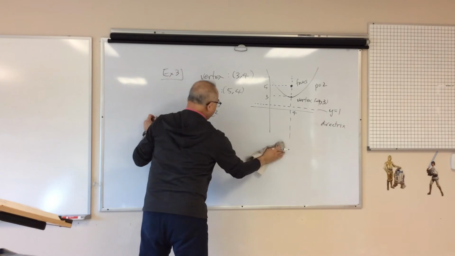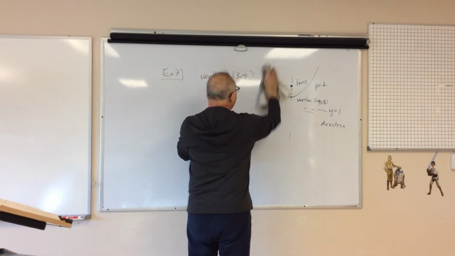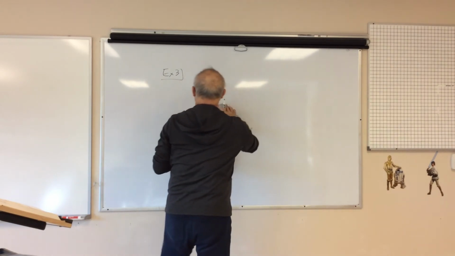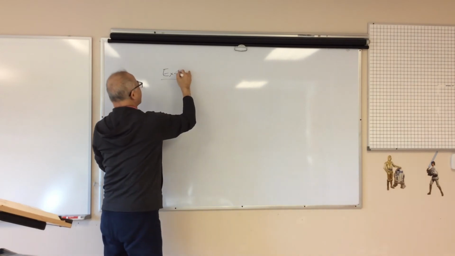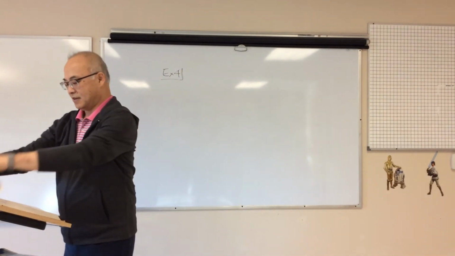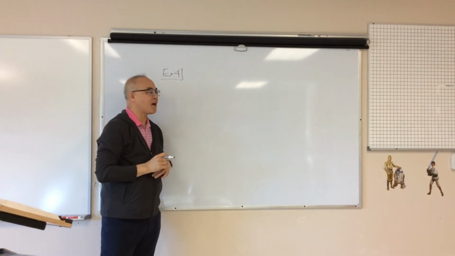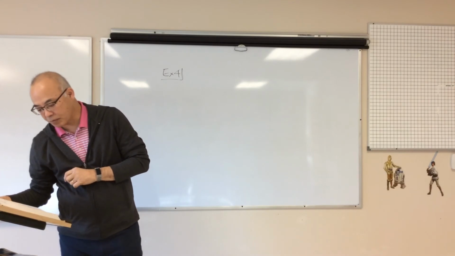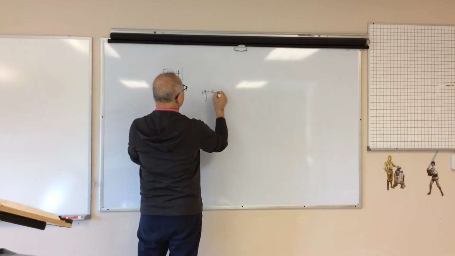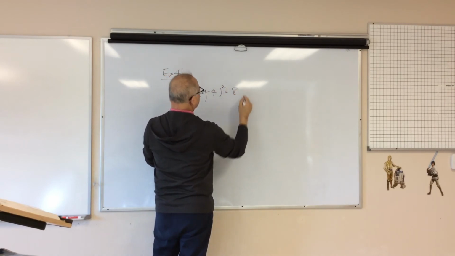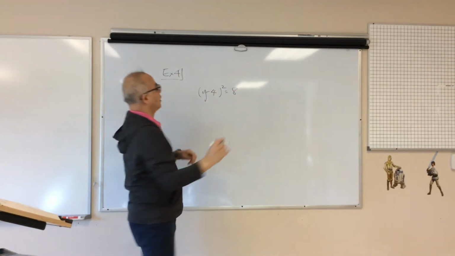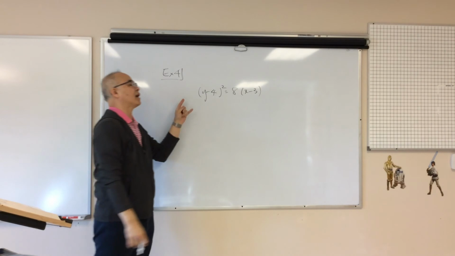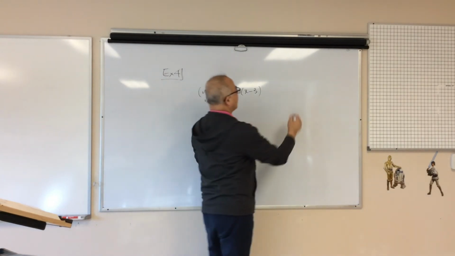So example number 4 shows us how to actually graph a parabola in your calculator. Okay, again, if you do not know how to use or graph, the calculator is not going to do you a whole lot of good. So use the function grapher to graph the parabola. So they want us to graph x minus 3. So in order to graph this, put this in the calculator,